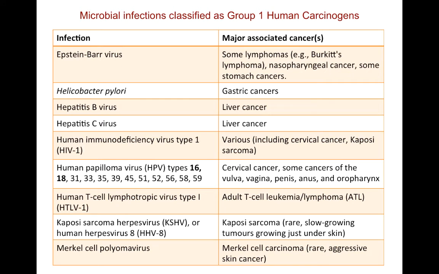The idea that some cancers have an infectious cause may surprise some people, but enough evidence has been gathered that expert panels of the International Agency for Research on Cancer have classified several major infectious agents as human carcinogens. These include a number of viruses, as listed here, along with the bacterium Helicobacter pylori. Evidence linking these viruses and H. pylori to cancer was gathered from numerous epidemiological, clinical, and basic biological research studies.